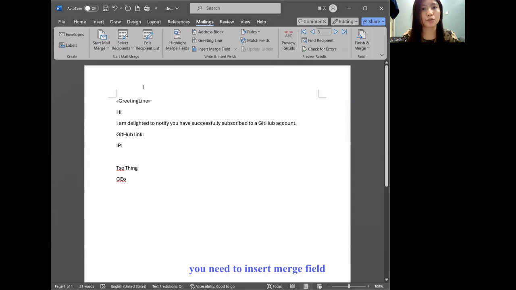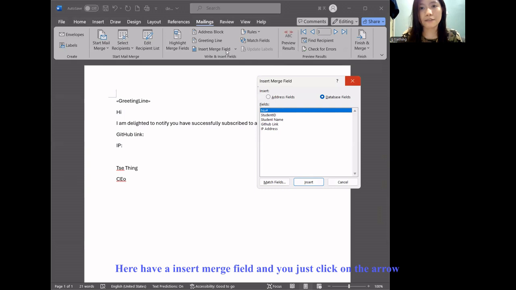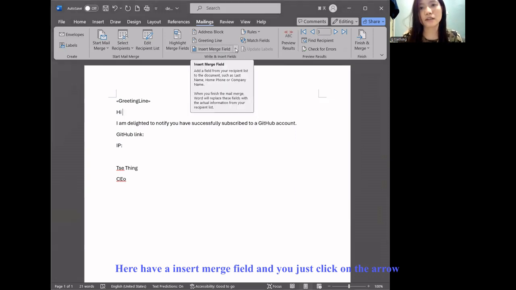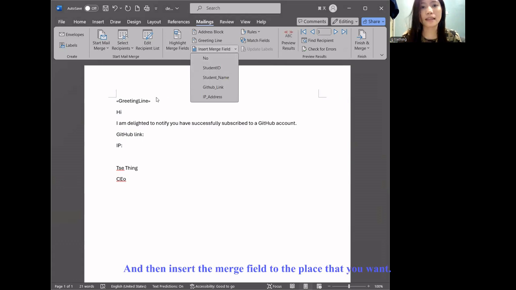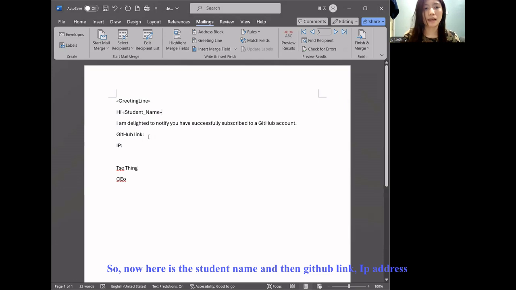And then you need to insert a merge field. Here there is an insert merge field, then you just click on the arrow and then insert the mail merge field the way that you want. So now here is the student name, and then GitHub link, IP address,